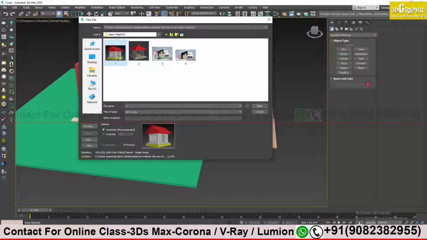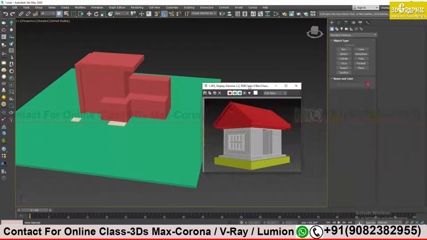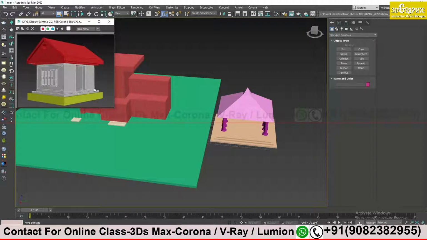Today we are going to do this one, another one. I have shared these images with both of you, Shashikaran and you, Priyanka. So if possible, download this image, and you also do the same steps which I will do. Shashikaran, are you ready with this image? Yes. You imported this image on 3ds Max? Yes, sir. Priyanka, you also try to do it, okay?